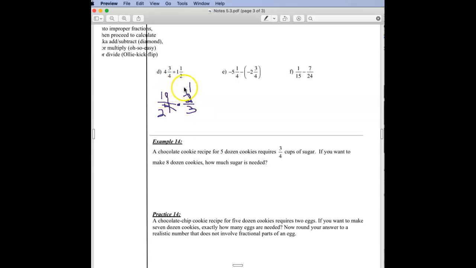Multiply straight across. 19 times 1, that's 19. And 2 times 3 is 6. And I'm done. 19/6. The next one is, this is the method for adding and subtracting fractions, was called diamond